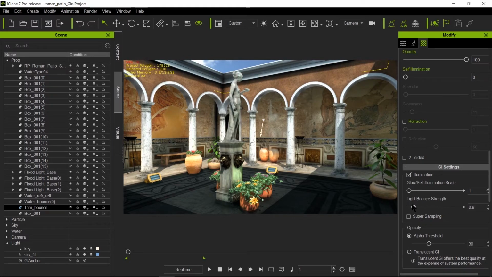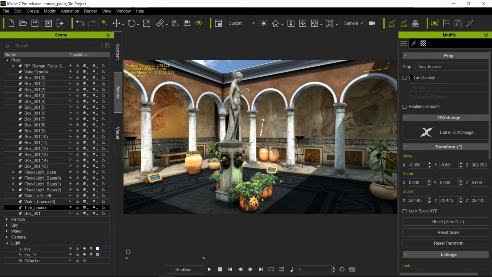So what I did is I wanted just enough that it would light under that trim, but not so strong that the lights would bounce under and hit the walls. So this looks good to me. That's pretty good. Now, this could have been another enhancement, a GI enhancement tool, if we would have made this